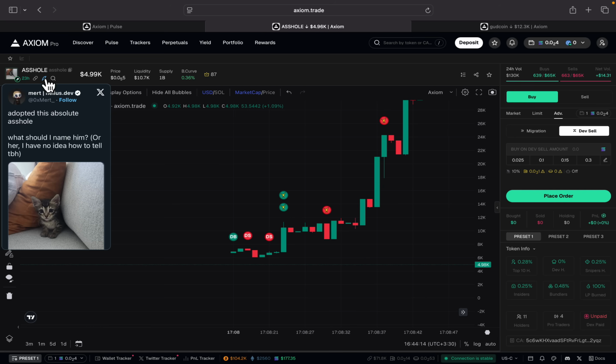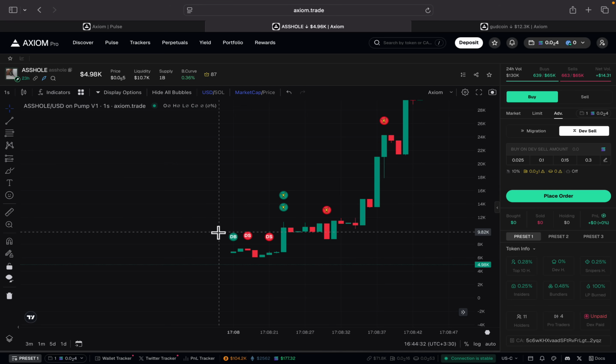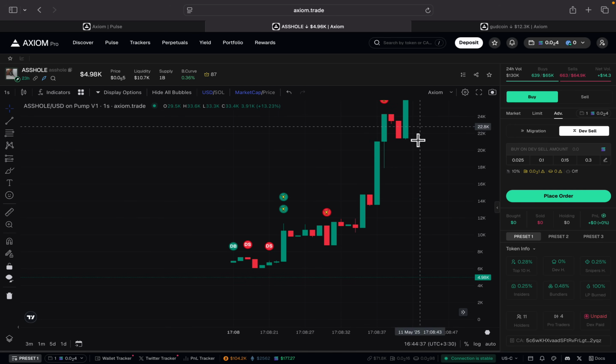I first saw this tweet on my tracker because we're actually tracking Mert. This person is Helios developer, and many times you can see, for example, some of his tweets turn into a token. He posted this cat with a very interesting name, and everyone expected that this could turn into a token. Someone created a token for this with something around 87 graduated tokens. This kind of devs usually give credibility to the token because there is a higher chance that this token can